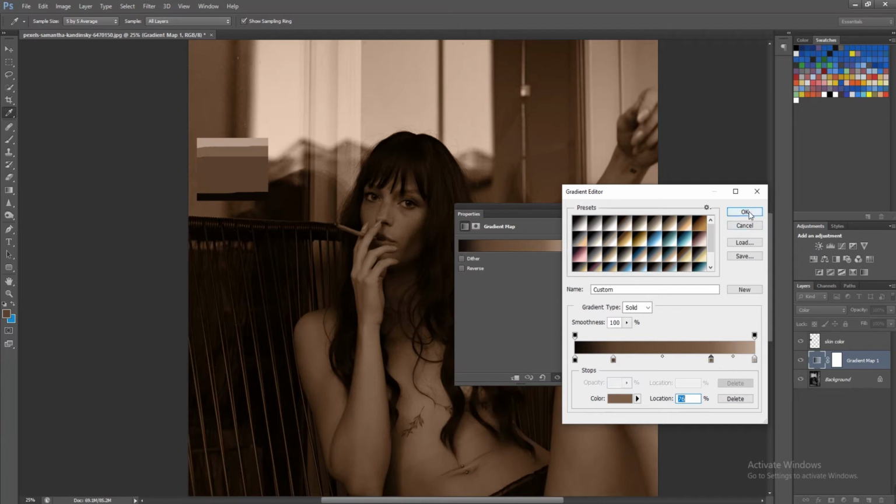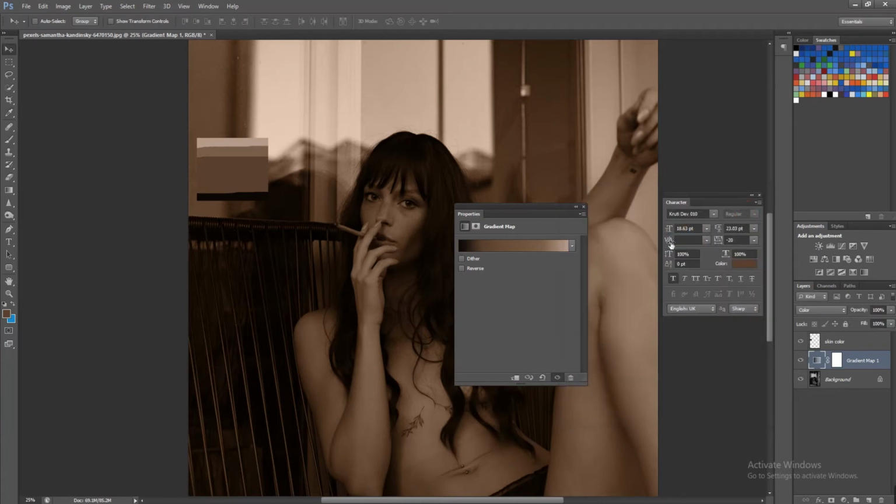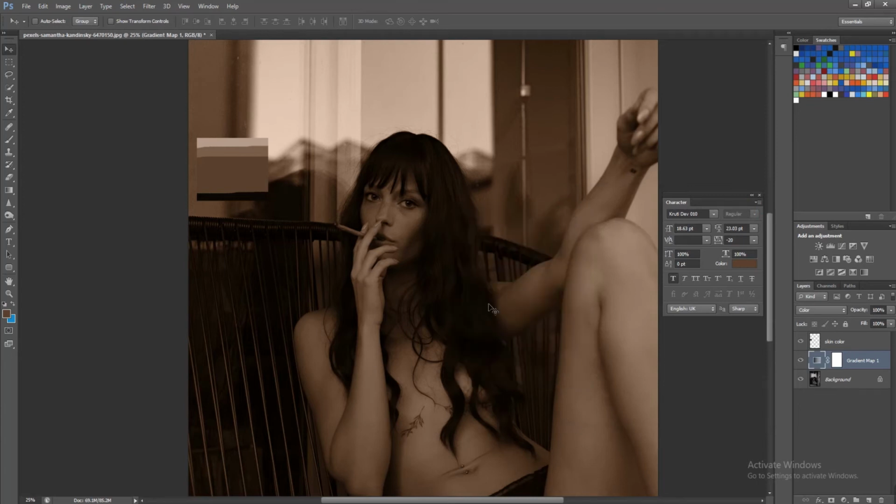Now this looks nice. Now it's time to add a mask only to the skin area.